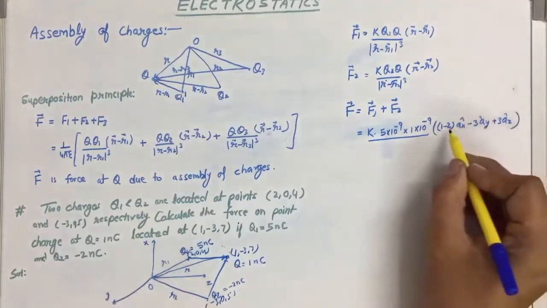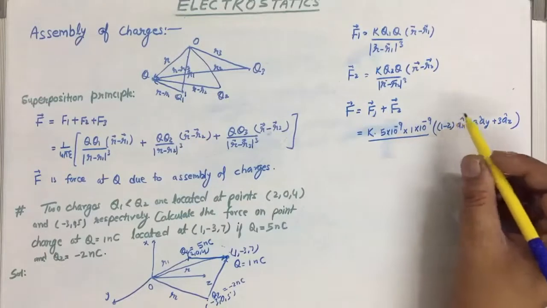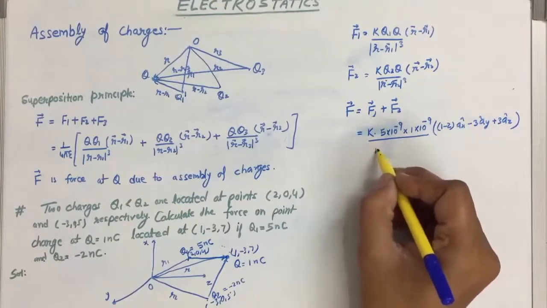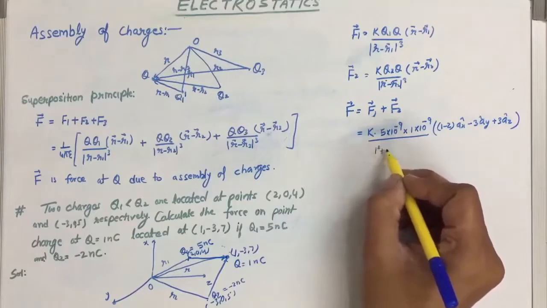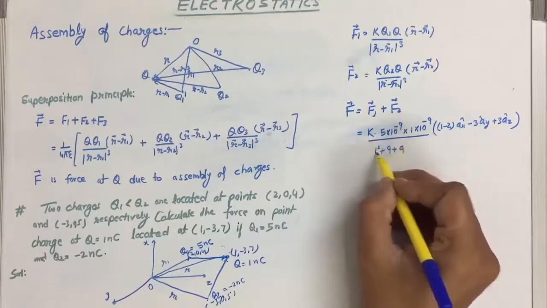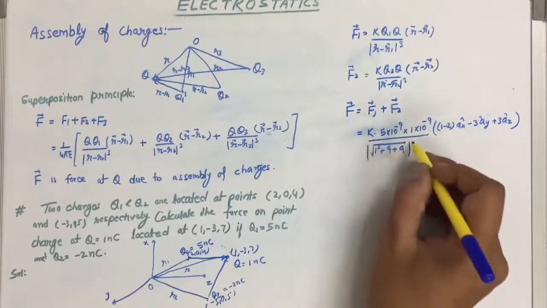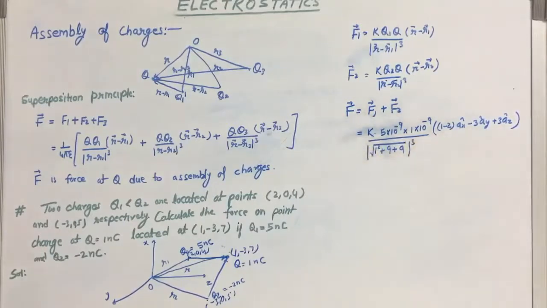So it can be 1. So in the denominator it should be 1 square plus 9 plus 9, this power 3. Okay,